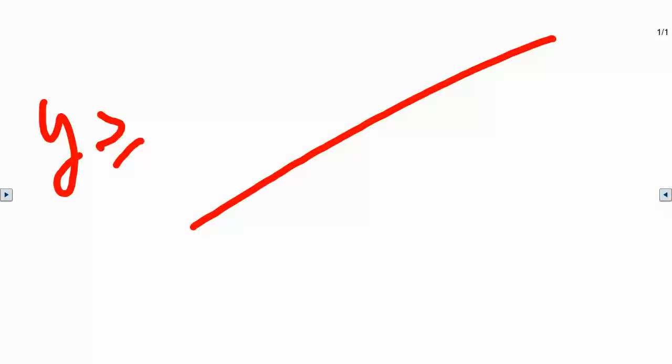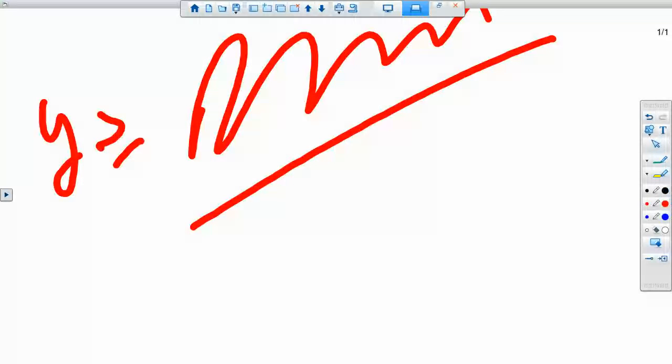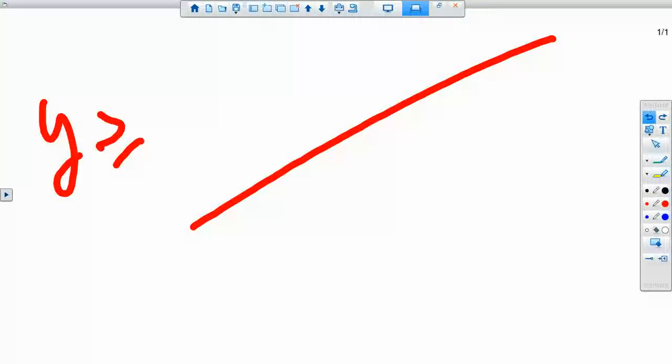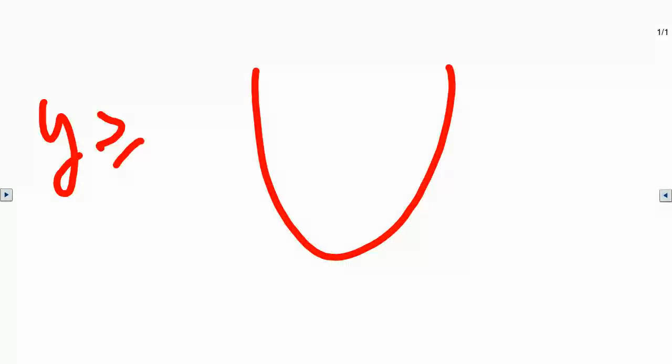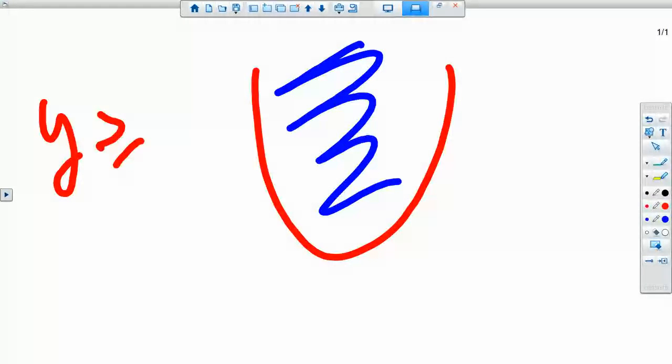If I have a line and it says y is greater than whatever the equation of this line is, then I'm going to shade above it. Y is greater than means above. Y is less than means below. It's as simple as that. It's the same thing for parabolas. Above the parabola would be the part that's up here, of course. So that would be y is greater than,